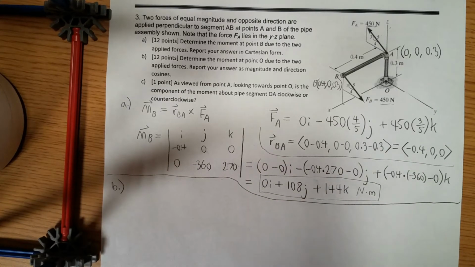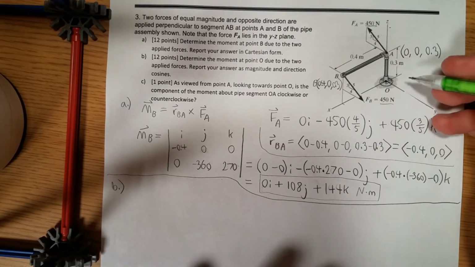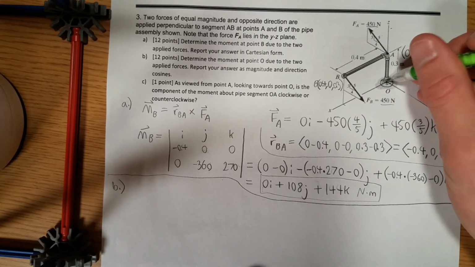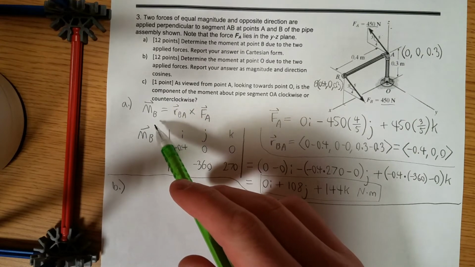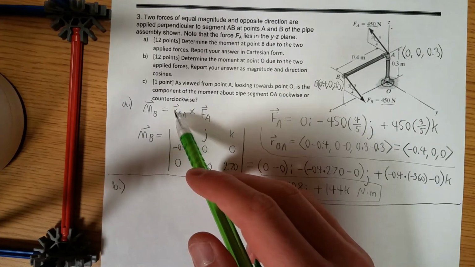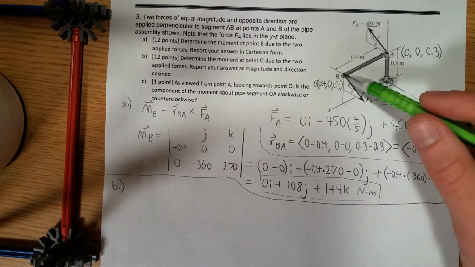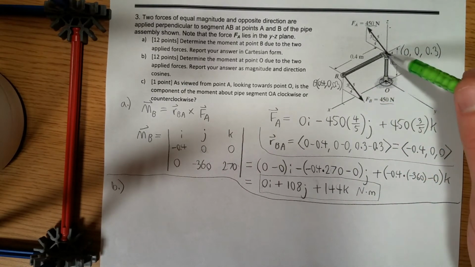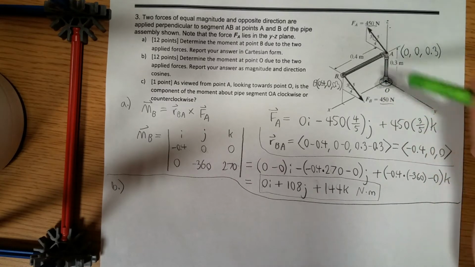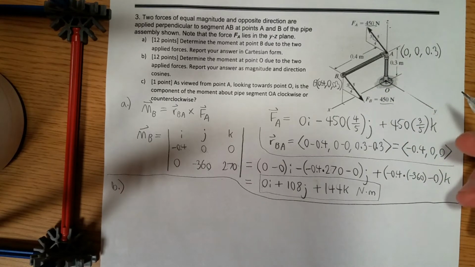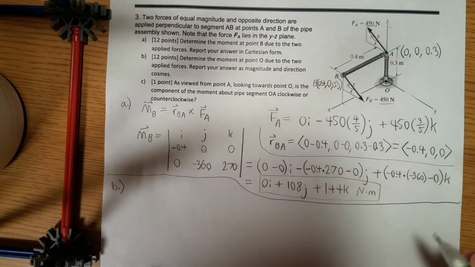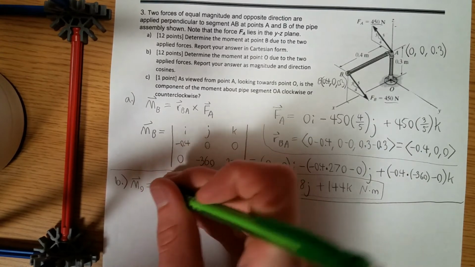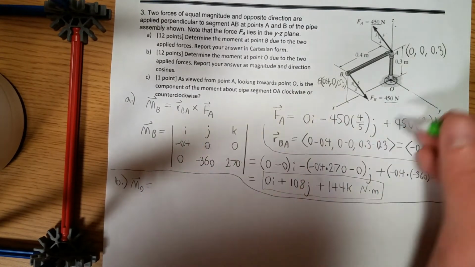But for the case of here, we're just going to work through it and hopefully we do it right. My initial thought of what I'm going to do, and probably what I will end up doing, is we're going to do two cross products because we know that the moment about a point is equal to the position vector crossed with the force. Well, we've got two forces here applied at two different places. So I think that's going to be two different position vectors and two different force vectors, and therefore two different cross products. So we're going to have down here, MO is going to be equal to,